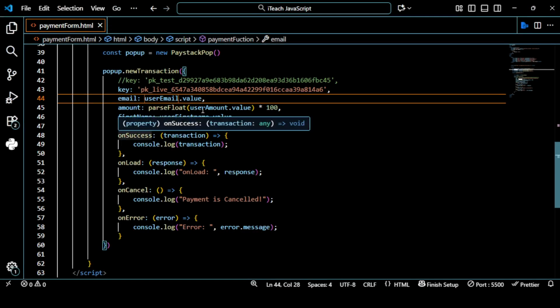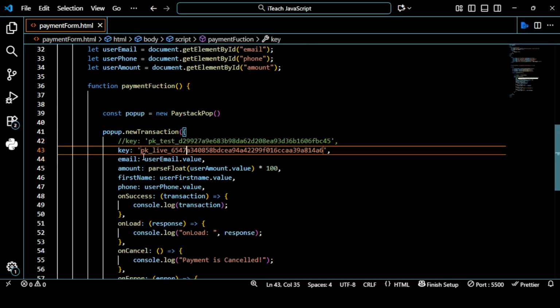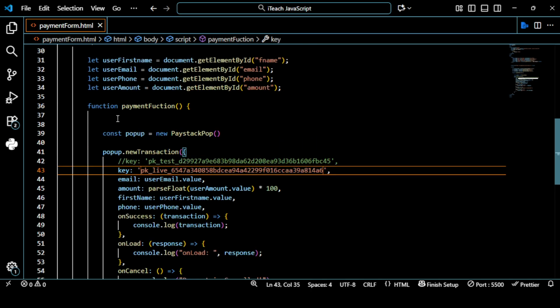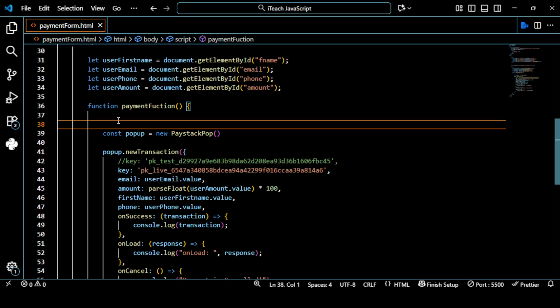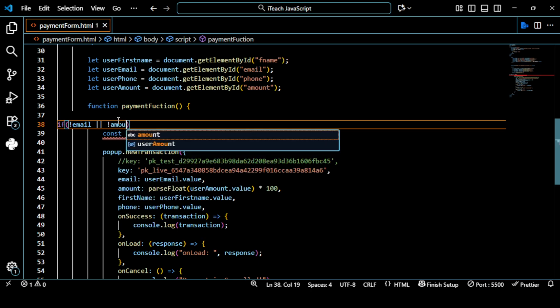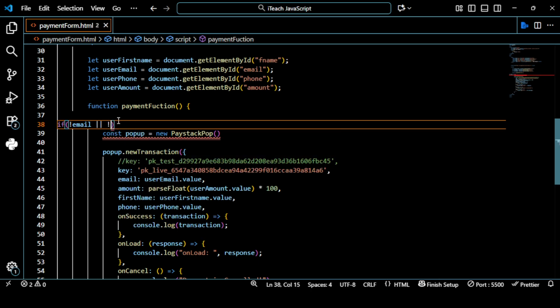So you can also add some if statement to this. Like you can say if it's not email, maybe there's no email, or there's no amount, user amount, sorry. Then, user email. So if all these inputs are not set,